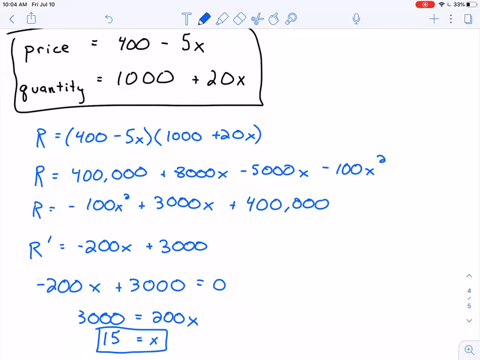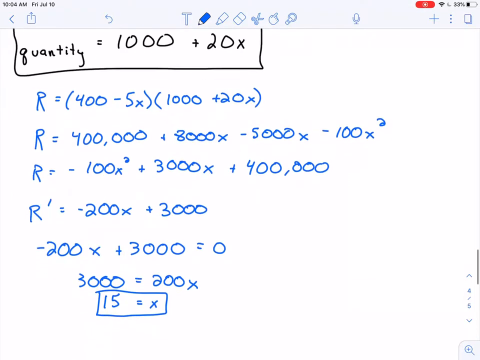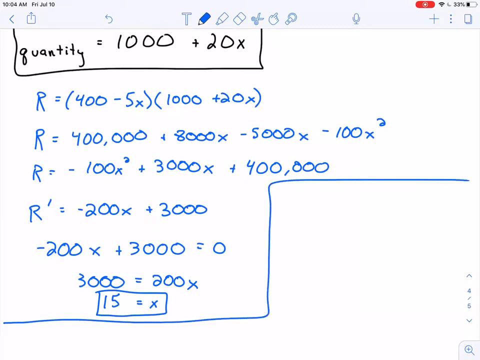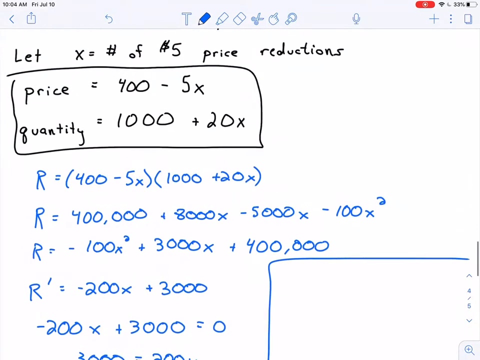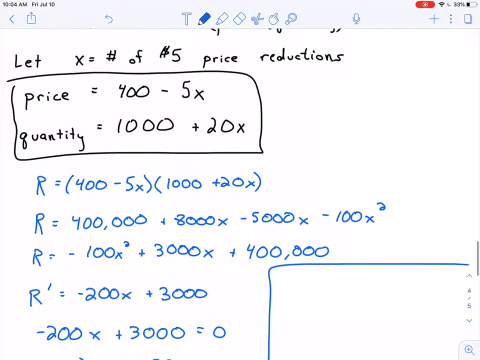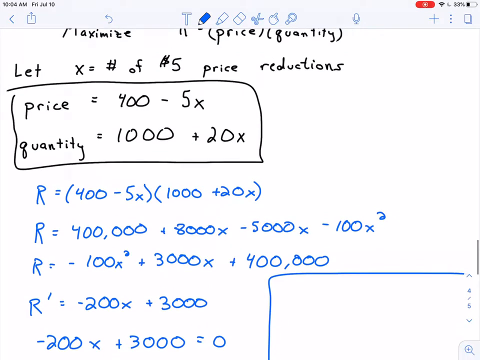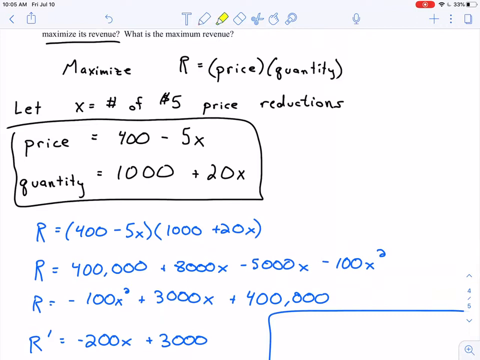But remember that I also want to think about my domain, because the domain is what tells me how I'm going to show that this is an absolute maximum. At least I hope it's an absolute maximum. I need to, in particular, determine, are we working on an open interval or are we working on a closed interval? So I'm going to look at my revenue function here,